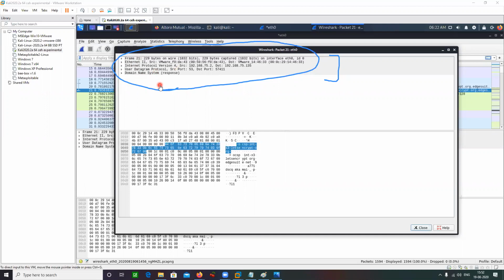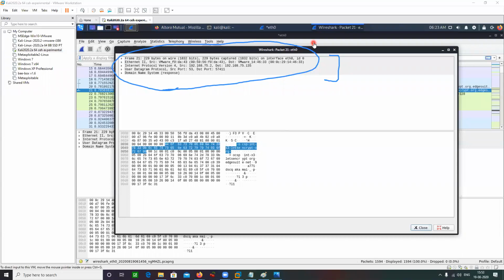Protocols. These are essentially your protocol headers. If you have heard about the OSI model, in the OSI model we have this process of encapsulation and decapsulation. Here you can look into the encapsulation and decapsulation process. Every layer is trying to attach its own header onto that packet: UDP, IP, Ethernet frame, DNS.